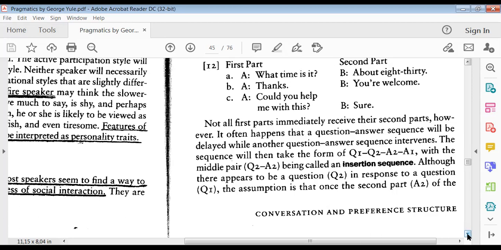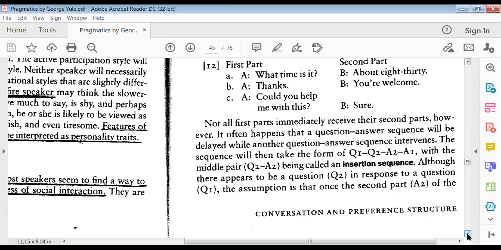The sequence will then take the form of question 1, question 2, answer 2, answer 1. Now someone may ask you a question and while you think about the answer, they ask another question, so you provide the second answer before the first. So this is question 1, then question 2, then answer 2, answer 1, with the middle pair, question 2 and answer 2,